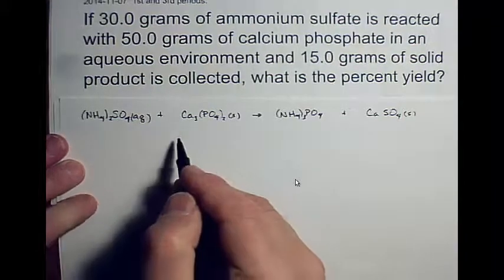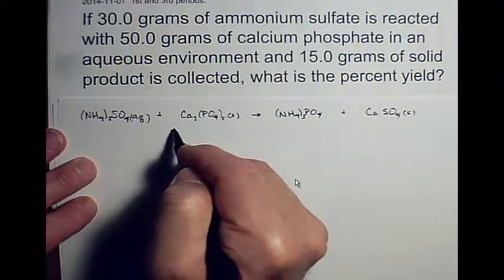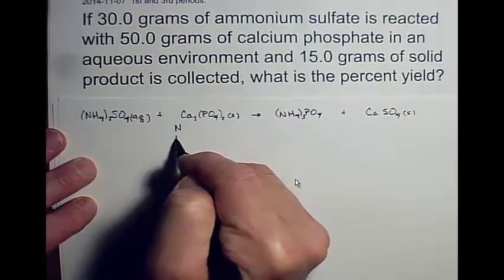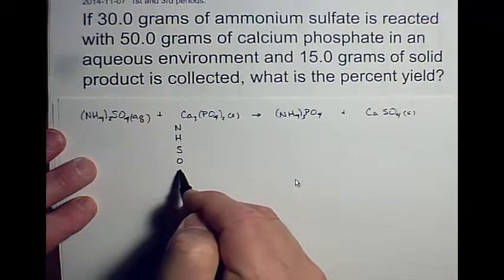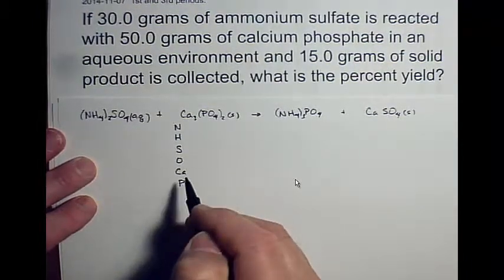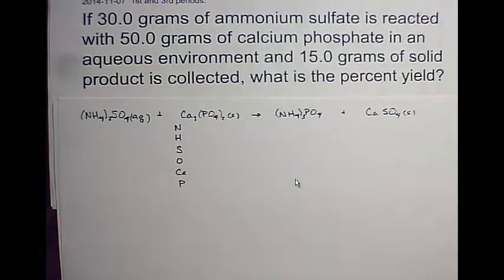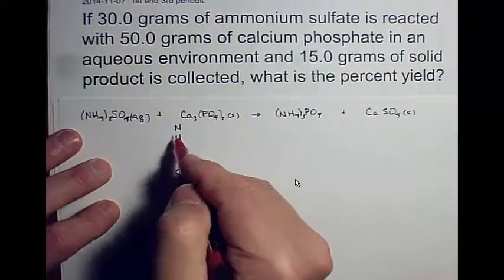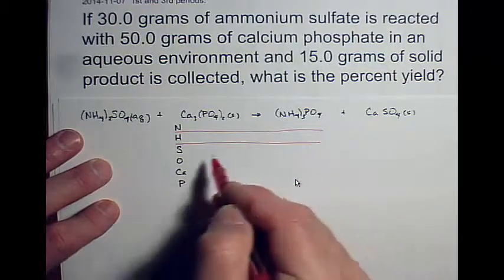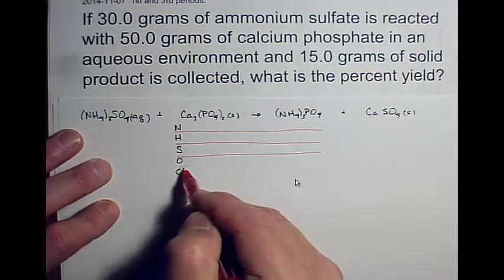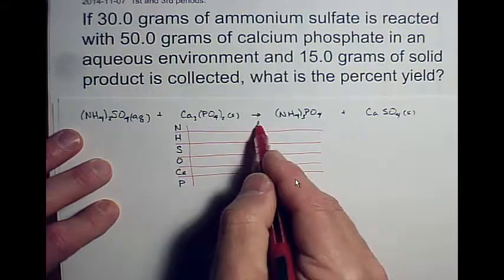And we're ready to balance the equation with an atom inventory. You always have to have an atom inventory. So we have nitrogen and hydrogen, sulfur, oxygen, calcium, and phosphorus. We want to have a sort of grid or mini spreadsheet so that we can balance each of these elements, the atoms of each of these elements, so that we don't violate the law